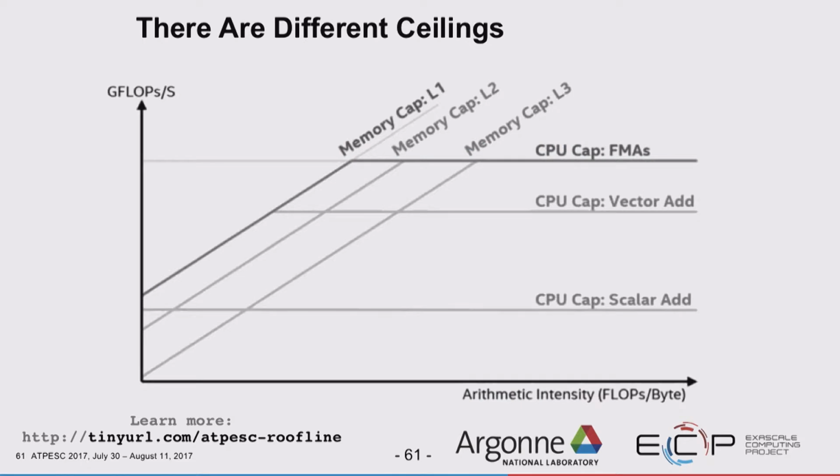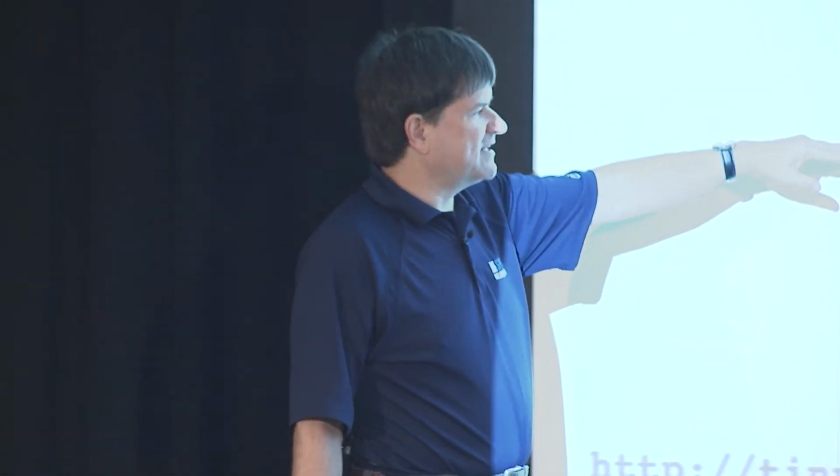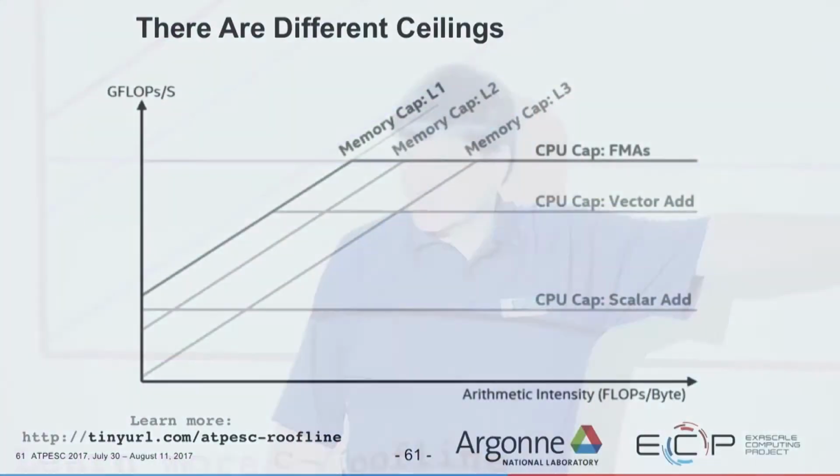And there's not just one limit. If you fit in L1 cache, you'll have higher bandwidth capabilities. If your data is in L3, your capabilities are less. If you're able to hit FMAs, where you have a balance between multiplies and adds, you can get a higher computational limit, whereas if your program's only doing scalar adds, not even vector ones, this is the most you can expect. Now, you don't have to pass judgment on your application. If your application absolutely cannot be vectorized, you're going to hit this limit.